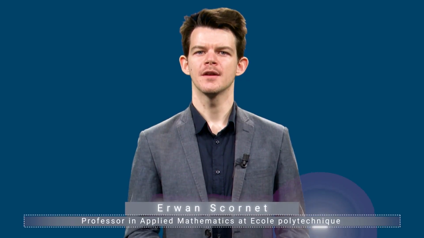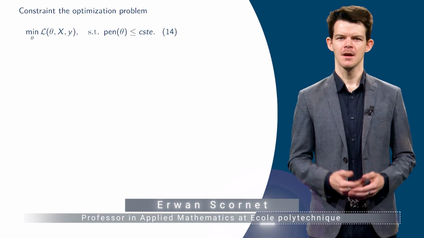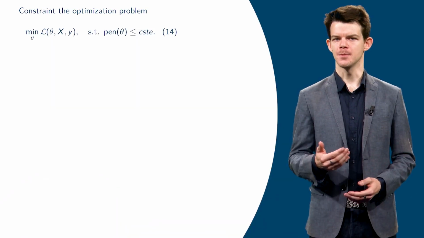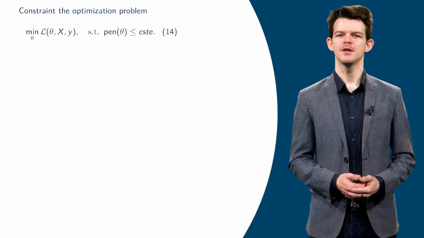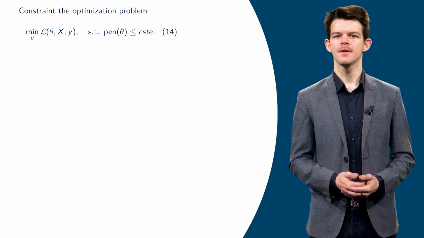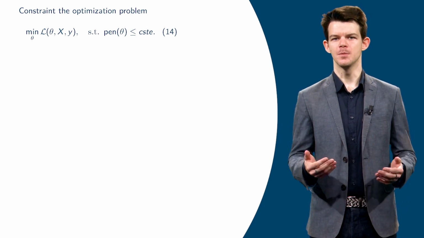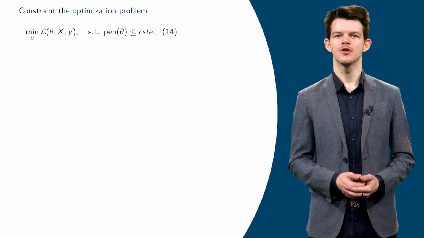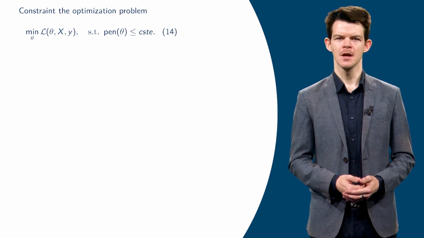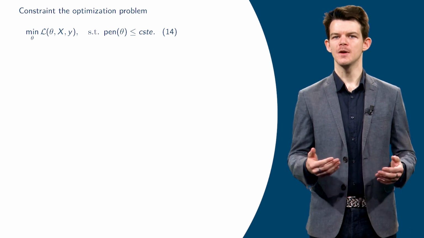First, let us take a look at the first technique to fight overfitting, which is penalization. The idea of penalization is quite simple. Say that you have an optimization problem in which your aim is to minimize the loss L, which depends on theta, x, y, where x and y stand for the data, inputs and outputs, and theta is a parameter you want to optimize. You want to find the best theta which satisfies some conditions, which is equivalent to solving the